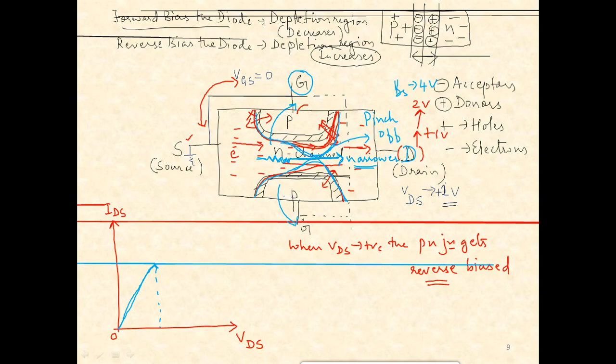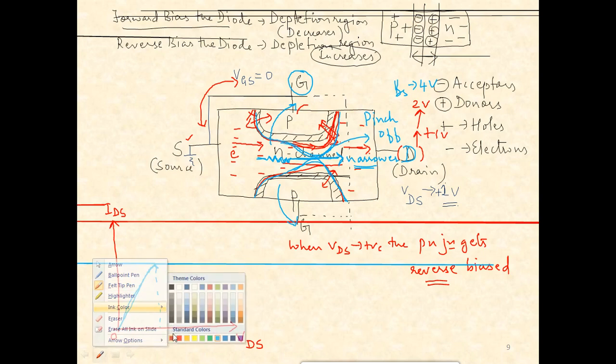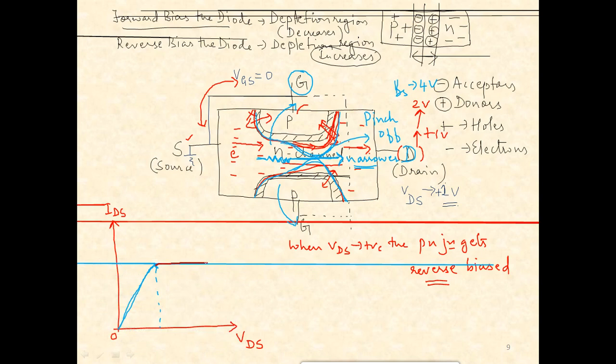So after pinch off, the current tends to saturate. Although you go on increasing the drain voltage, the current will not increase further. It will just hold its initial value. So this is how the current behaves. It will just saturate. Till pinch off, it is linear variation, and after pinch off, it saturates. This point is called the pinch off state, and we denote it by the term Vp. So Vp is called the pinch off voltage.